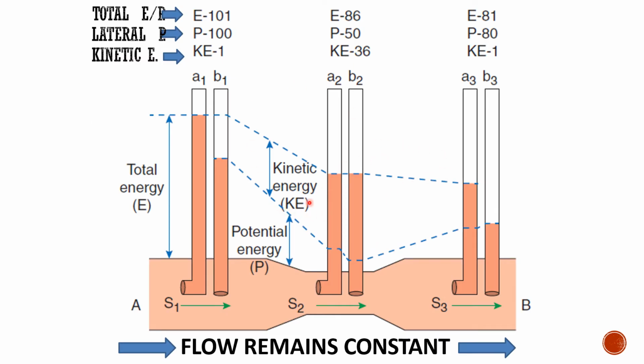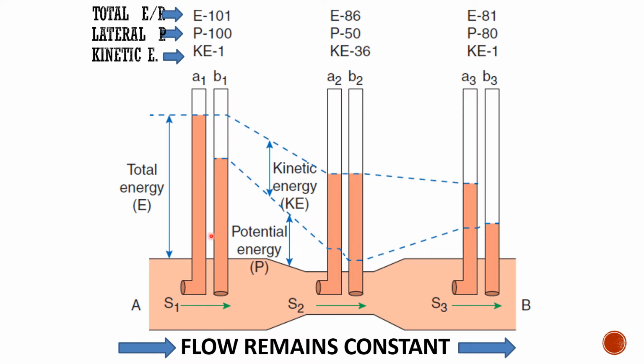So from this picture we can understand Bernoulli's principle easily. They have taken an AB tube which is divided into three segments: the central narrower S2 segment where the velocity of blood flow is high, and the wider S1 and S3 segments where the velocity of blood flow is low. In all three segments they have placed 6 tubes, A1, A2, A3, which have their lower ends facing the upstream so that they record the total energy or pressure, and B1, B2, B3, which are constructed so that they record only the lateral pressure.